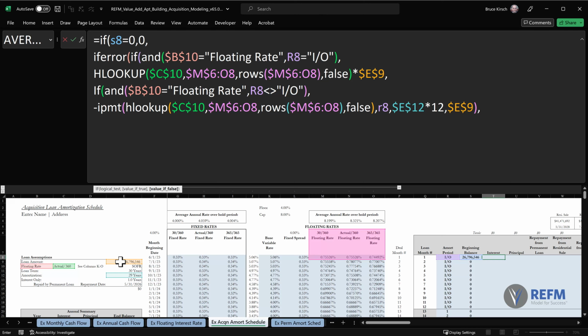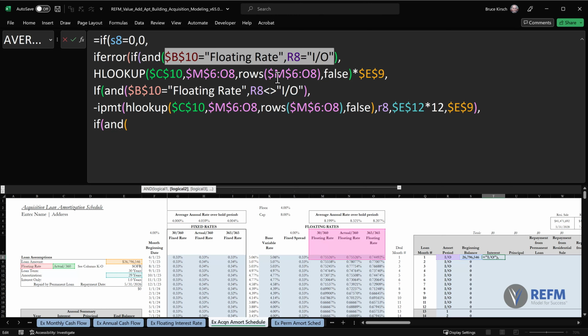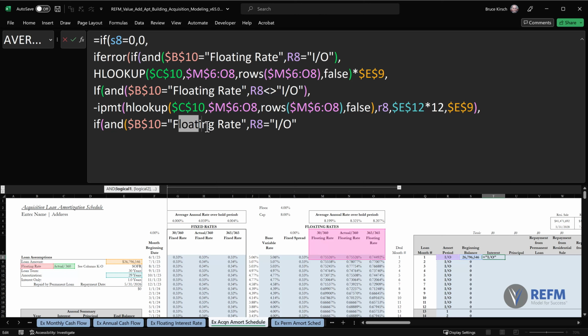Next, we go to fixed rate. If and now we say B10 equals fixed rate. Grab it from up here. Change this word floating to fixed. If it's fixed rate and interest only, then